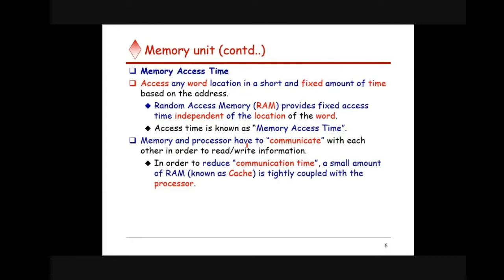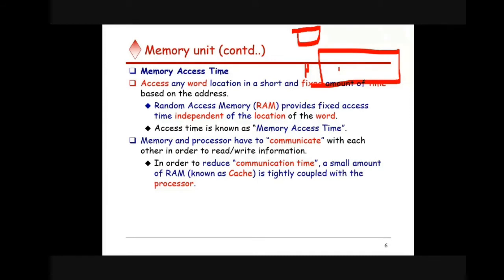Next one is telling about how much time is required for communicating. We saw that there is a separate memory unit, and there is a set of memory already present inside the processor itself. What do we call that type of memory present inside the processor? Very good. Registers. We call it registers. Also, we can call it cache memory.